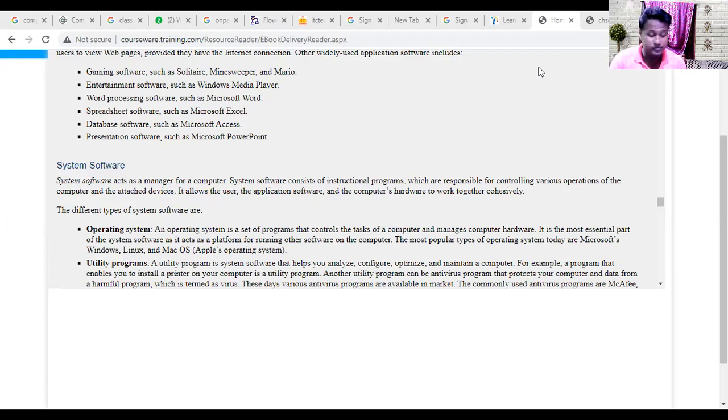Need of operating system. Send information to the computer through the keyboard.